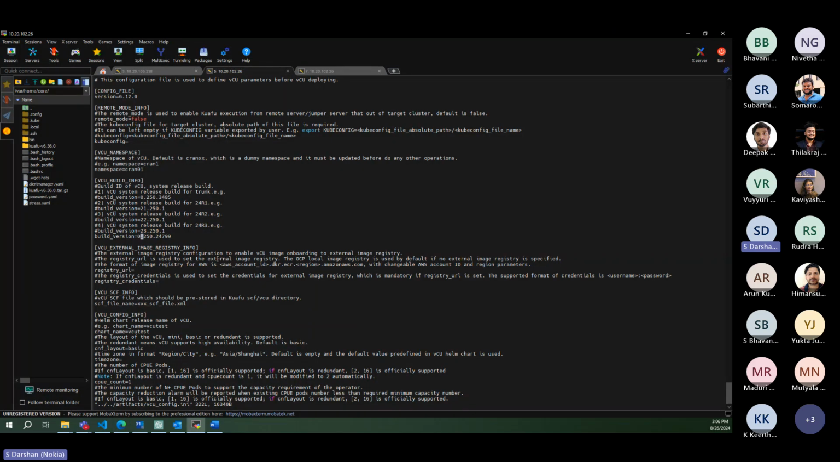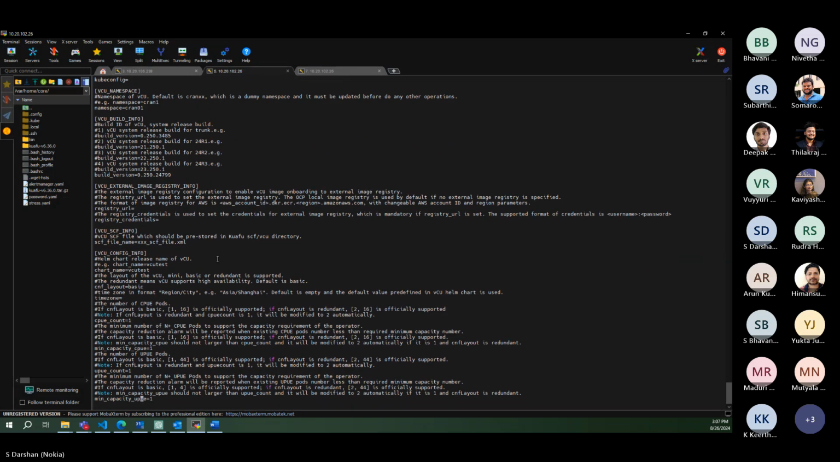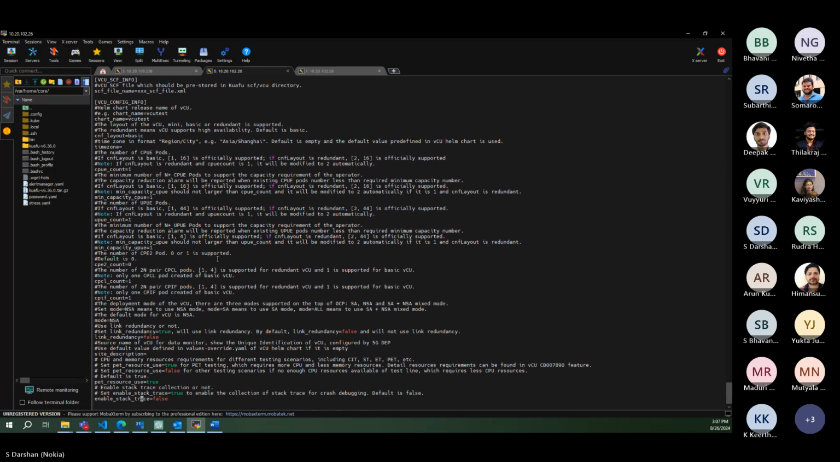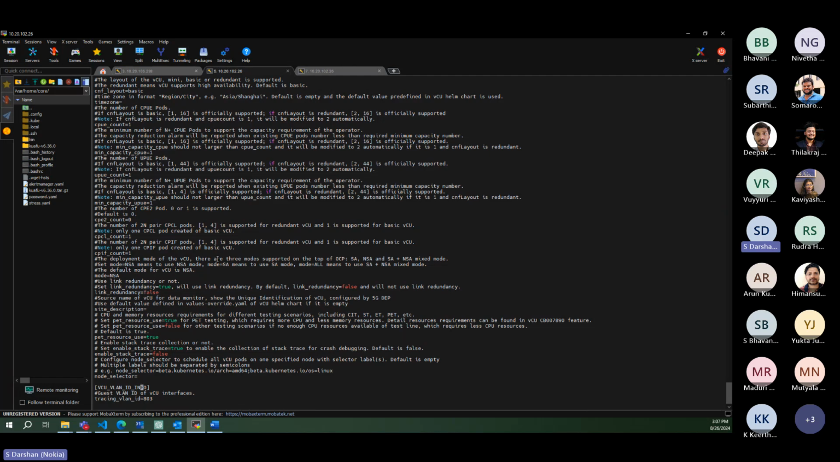After this, the next parameter that you have to feed is the node selector. The IV which I am using is SNO. SNO is single node, so by default it will take one single node. If it is more than one node, you have to specify which node you want your vCU to be deployed on. To find what value you have to give here,